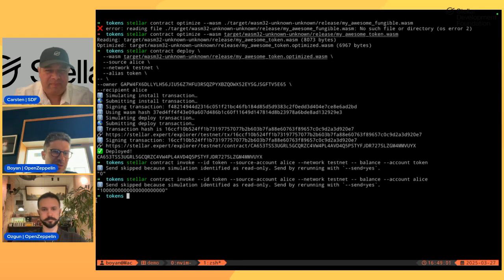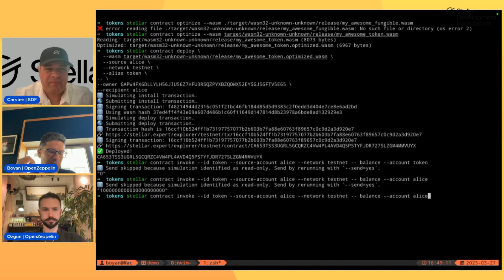We checked, and the balance is correct because we preminted 1000 with 18 decimals, so that's why we see so many zeros.